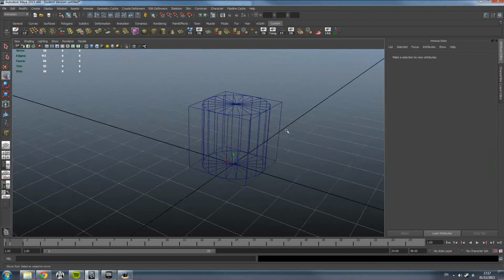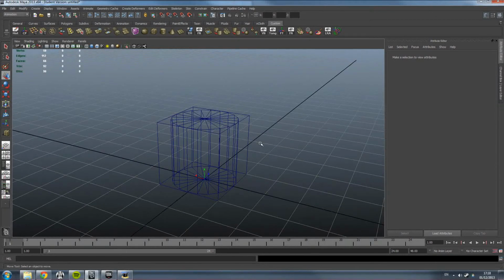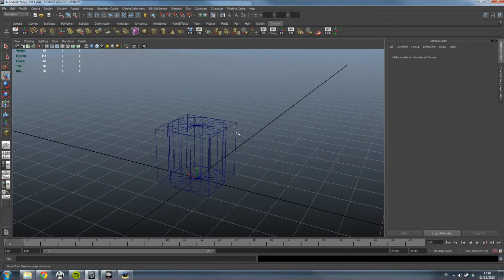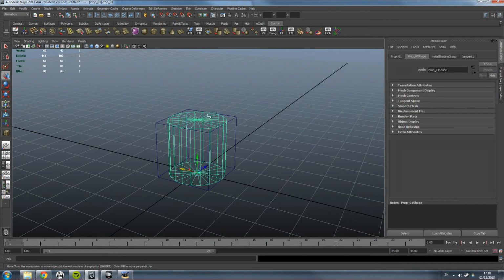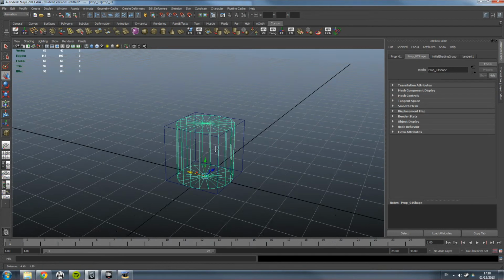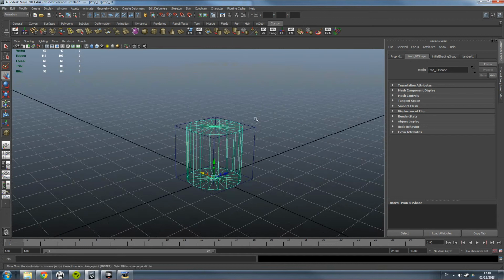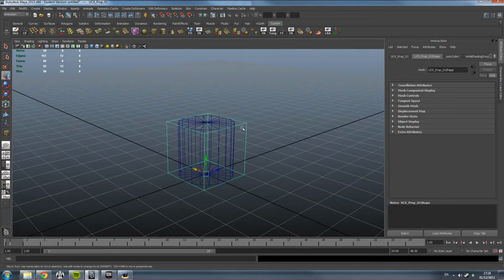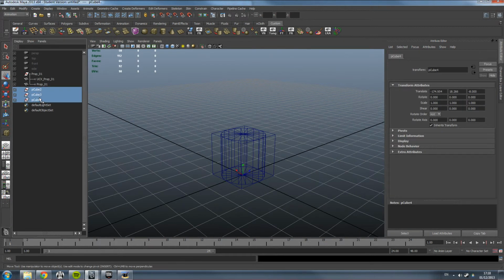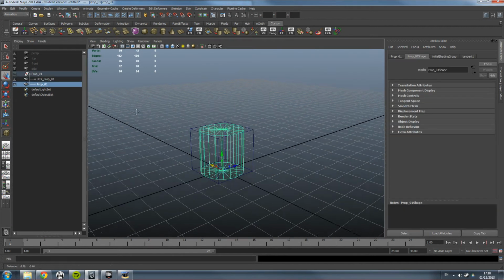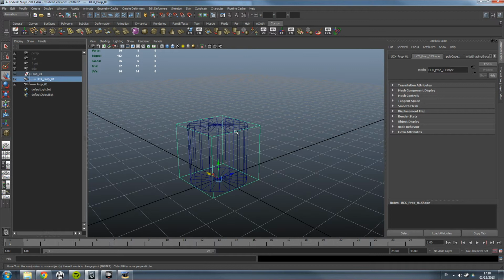Okay, I'm going to go over very quickly how to correctly import your custom collisions into UDK. So you have your geometry, your geo that you want for viewing purposes, and then you have your bounding box. So what you want to do is open your outliner and find your prop and basically find your collision model,